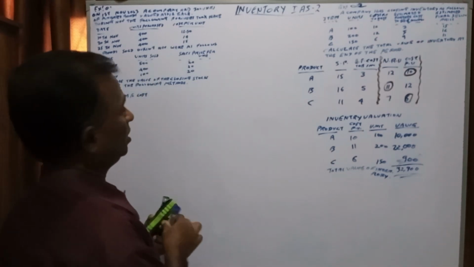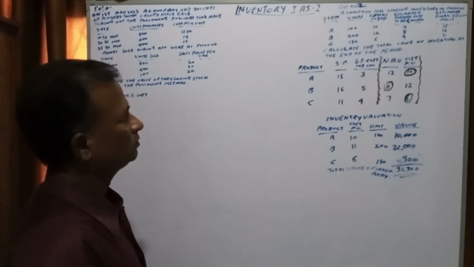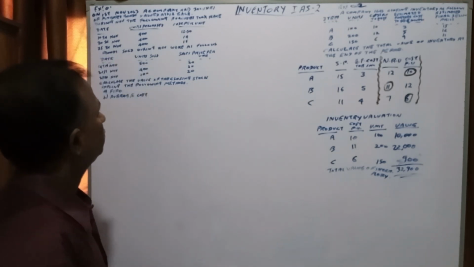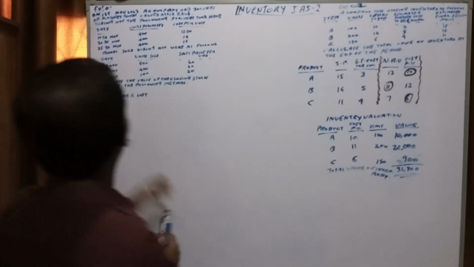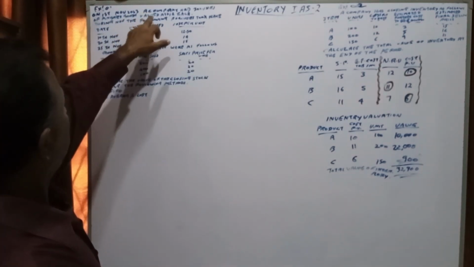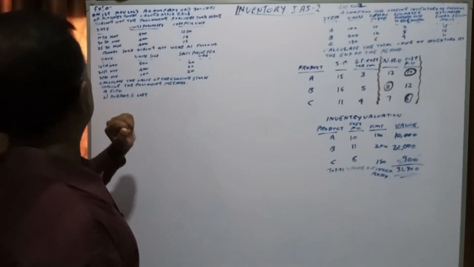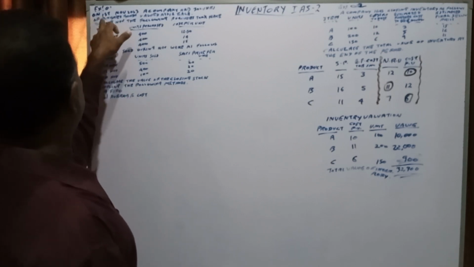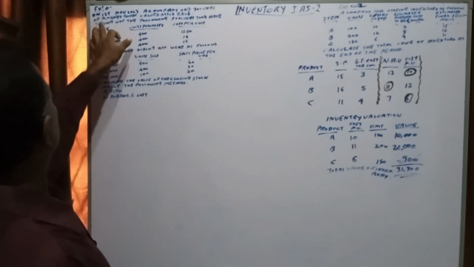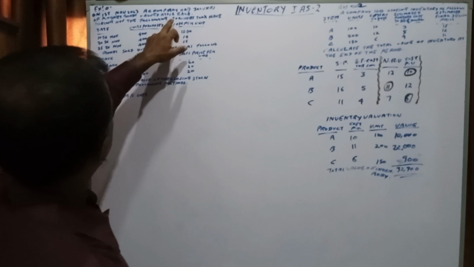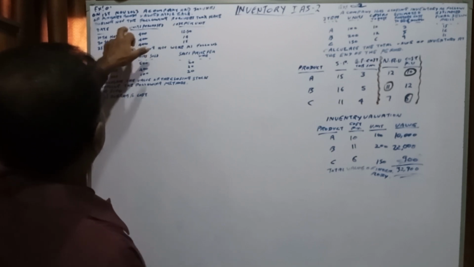Right, exercise number 2 is done. Now we proceed to question number 1. On 1st November 2023, the company had 300 units of finished goods, valued at 12 each, right? 12 each. During November, the following